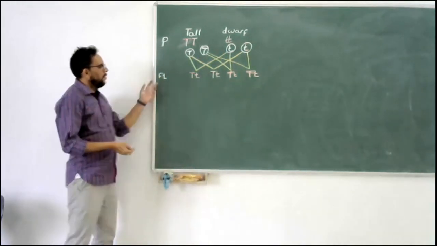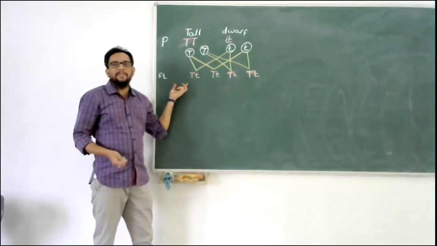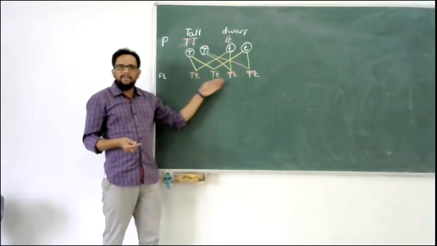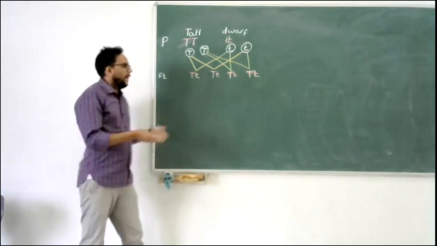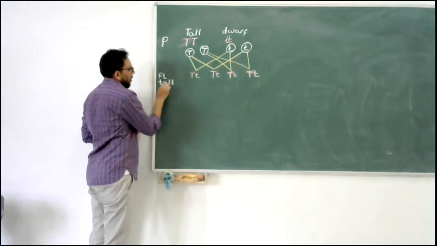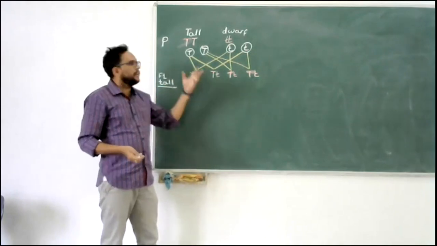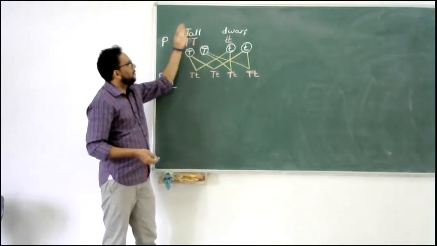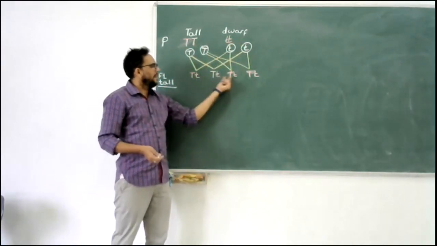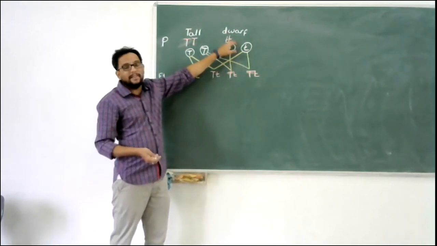Capital T, small t. If you look, all of them are the same in terms of their allele character. All of them are heterozygous dominant, and all of them will show the characteristic of being tall. The reason is they will have one allele expressing the tall phenotype, which is coming from this parent. Even though the other parent has sent the other allele, small t, that has no effect because it is recessive.